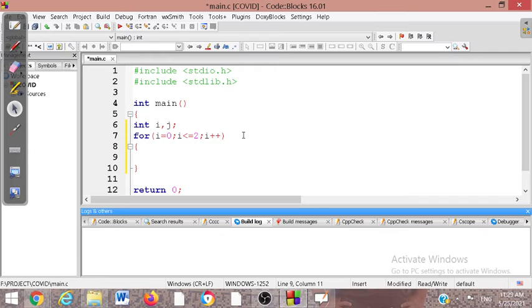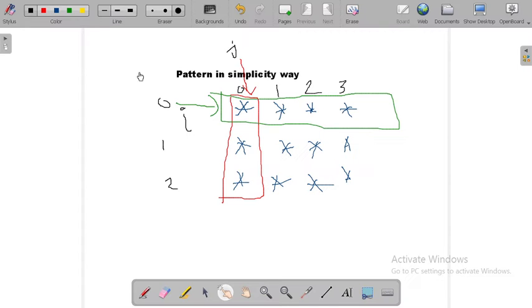Finally I close it, and inside that I use the inner loop. This is the outer loop, and it acts as the row. Now inside I give the column loop with j.